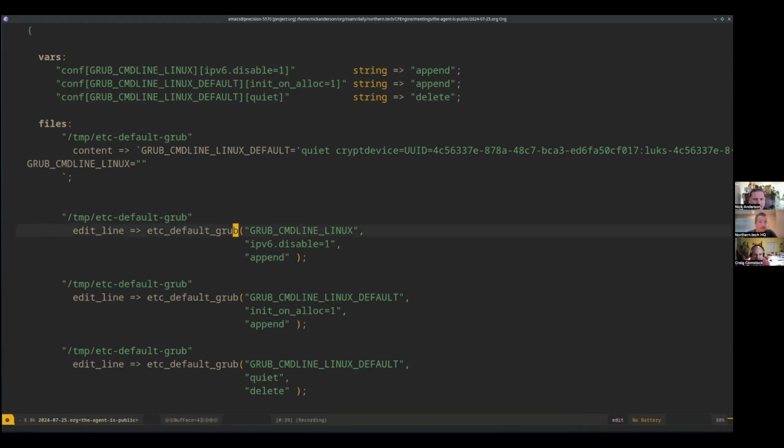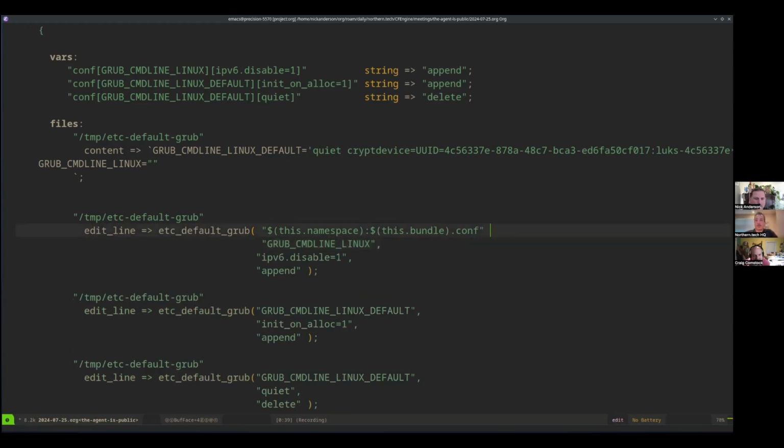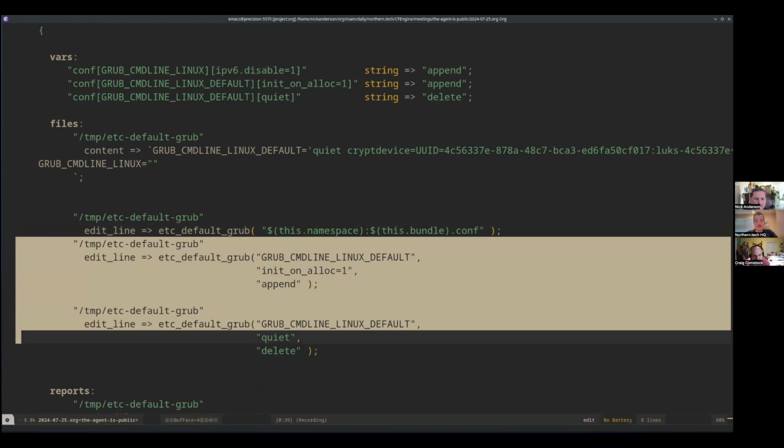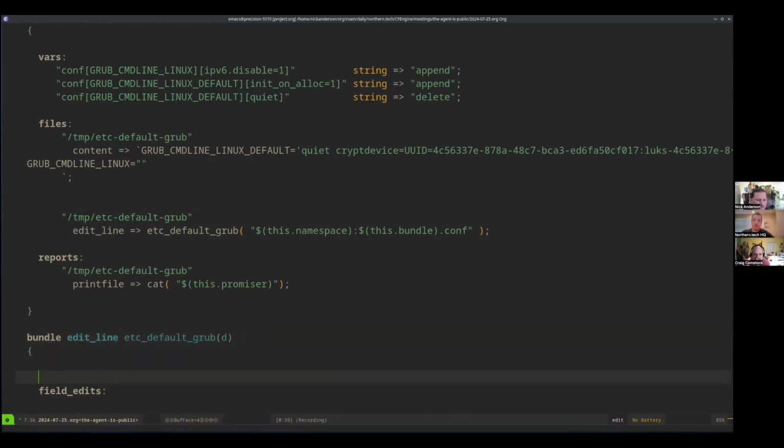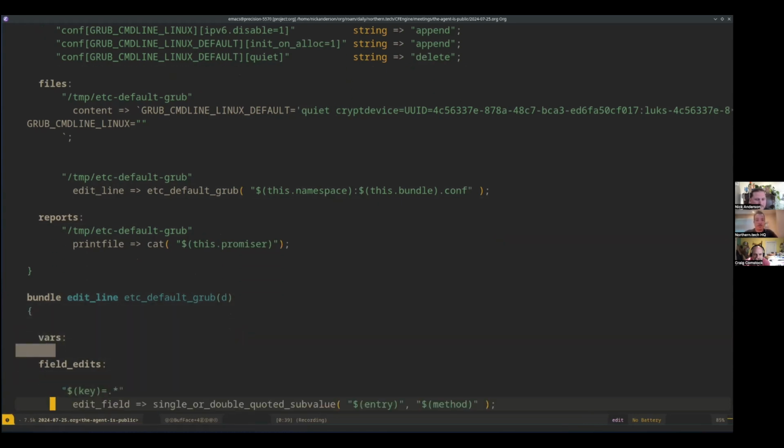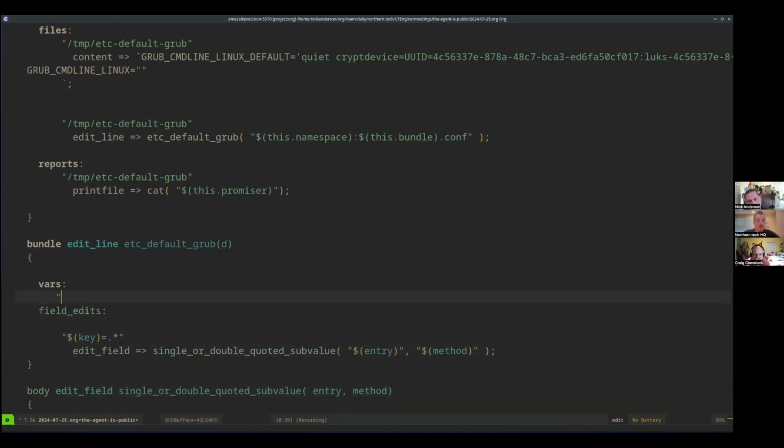here, instead of passing that stuff in, we'll do this dot namespace, this dot bundle dot conf. So we'll pass the name of that data structure. And then here we'll do data, D. And then in here we'll say vars, and then we can do